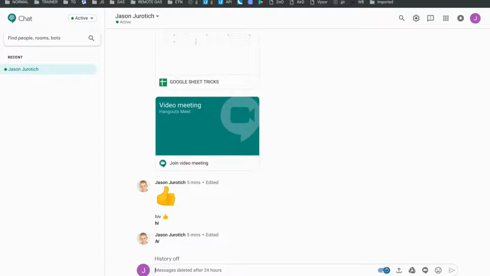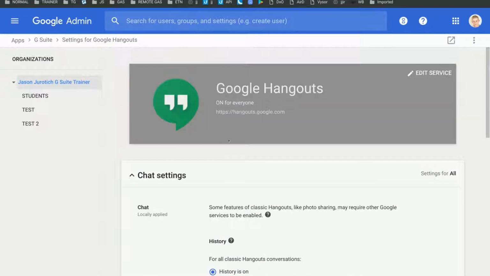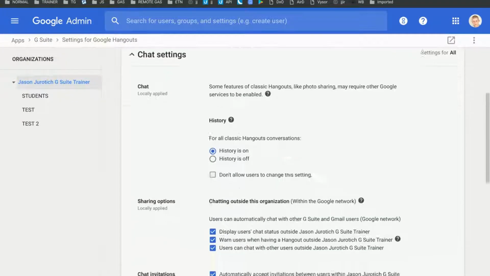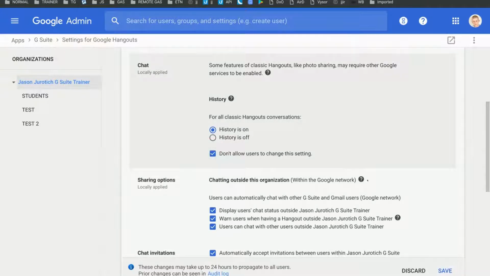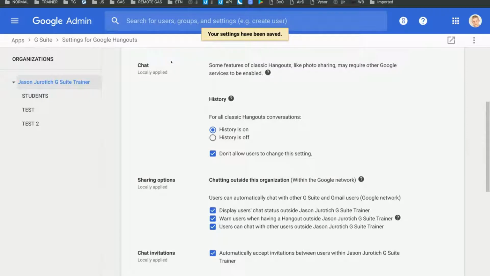So as you can see here, this is on and off, even though in the new Hangouts chat, it was applied as always on. So I have to go back here to the old Hangouts chat until this thing dies, or if you want to, you can turn it off completely and then it won't be affected. But if you have both of them on, then you have to go down here and click on don't allow users to change the setting, then save, and then that will apply to both, to where if I go back here now,